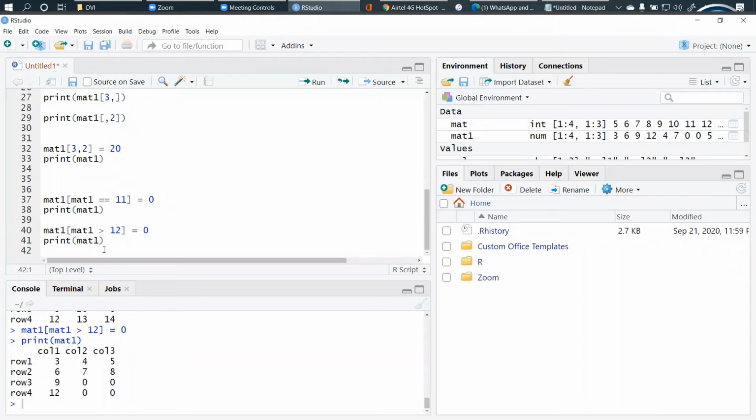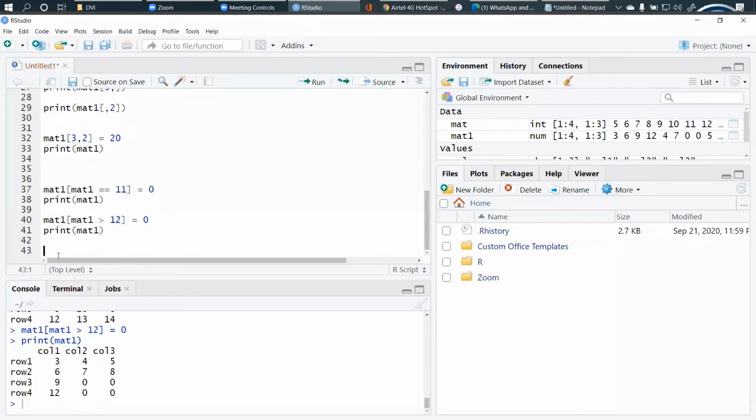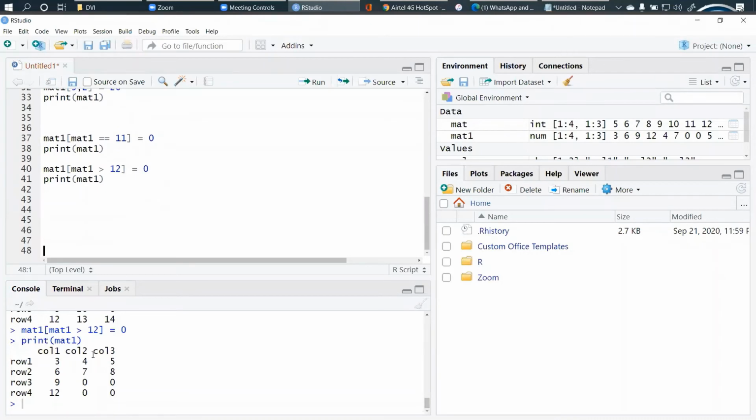Similarly, you can go for addition, subtraction, multiplication. You need to take at least two matrices. We are having only one here. So we'll see that. Before that, we can add some rows and columns also, right? Here we have seen a grid of 4 by 3. What if I want to add a column or a row in this entire data set, right? So I can do that also.